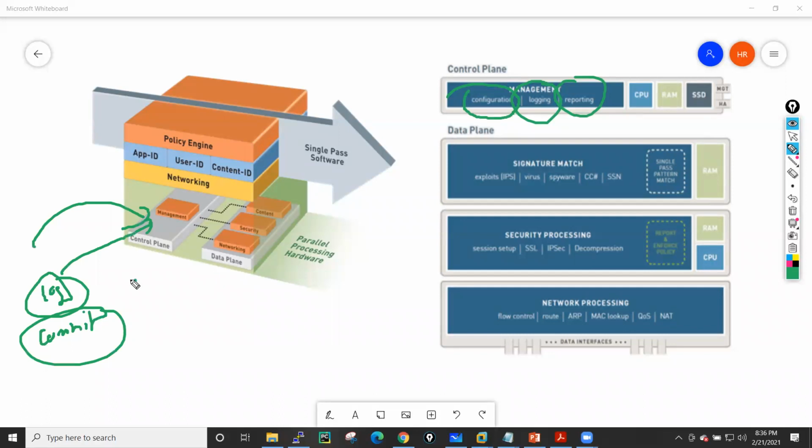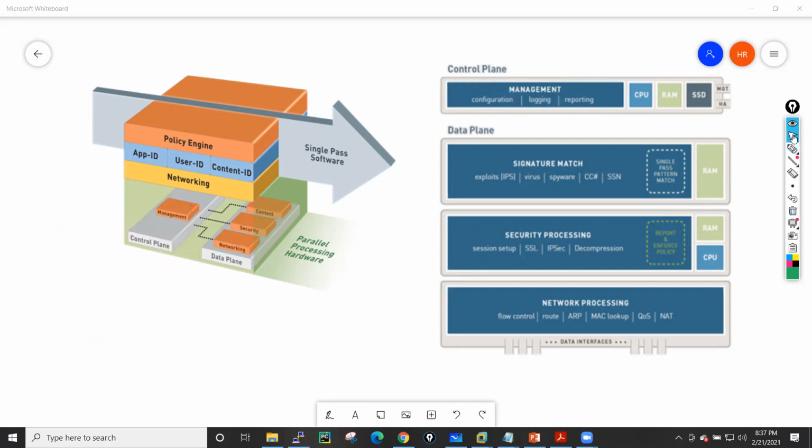Or maybe you are not able to access this firewall using the web UI or CLI. In that scenario, don't restart the entire device, just restart the management plane only. Or maybe you can also just restart these services, and you will get the benefit of it. So these are the benefits we generally get from this kind of architecture. This is the parallel processing architecture of Palo Alto.